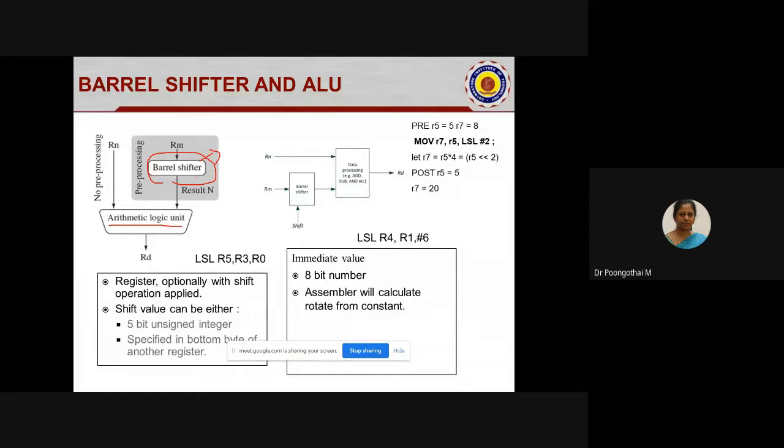Any other differences? Your shift register can perform right shift, left shift, rotate right, rotate left, rotate right through carry, rotate left through carry. Same operations. What is the exact difference from the ARM processor perspective? Ma'am, in a shift register the LSB shifts to the MSB. Okay, the same it will do in your conventional shift register. That is not the exact difference. Any other answer? Memory location is not the right answer.